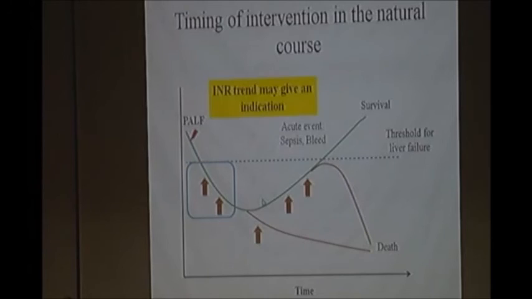And how can we find that? Very difficult to find out, but the INR trend may be the earliest indication. If we do 2 INRs maybe 4 to 6 hours apart, that may give us an indication whether the patient is in the regenerative phase or not. But that comes at a price. We are then waiting for 6 to 8 hours, and we may be missing out on the golden period to do plasmapheresis, because plasmapheresis, as I have shown, should be done as early as feasible. So it's a gray zone again.